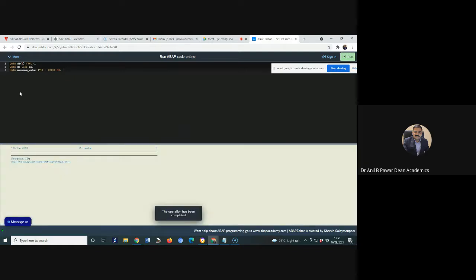When we have declared it, now I'm not getting any error, which means everything is fine here. What we do now, let us write the value of a variable. I'll take WRITE. I want to write, suppose, the minimum value of type I. So it is an integer, and I just want to display that minimum value.